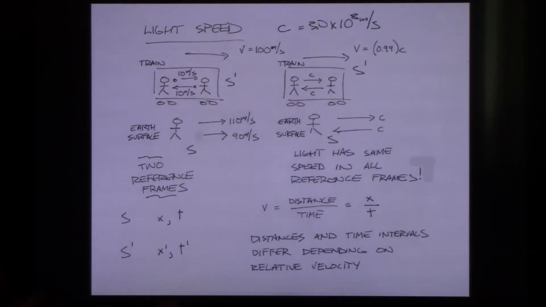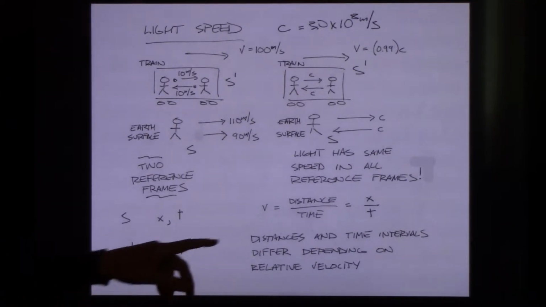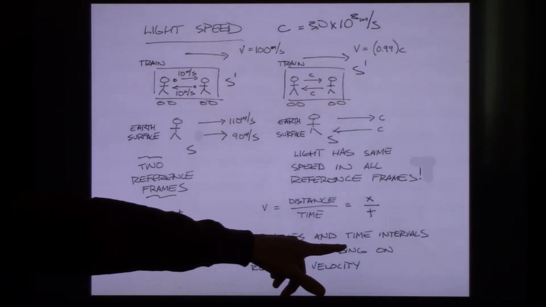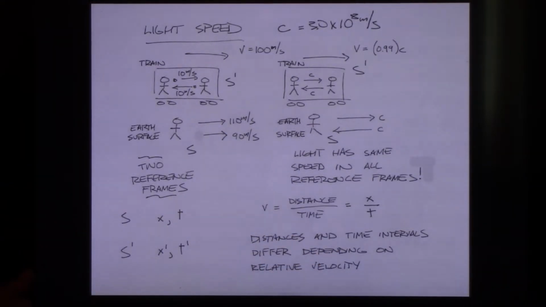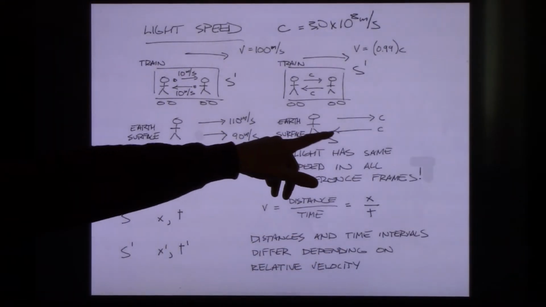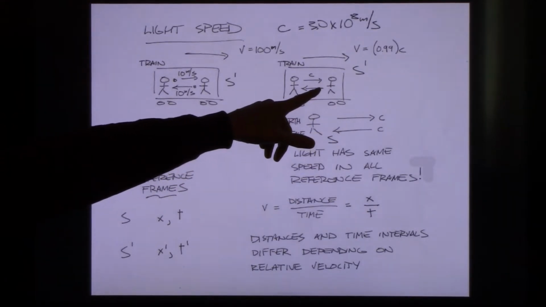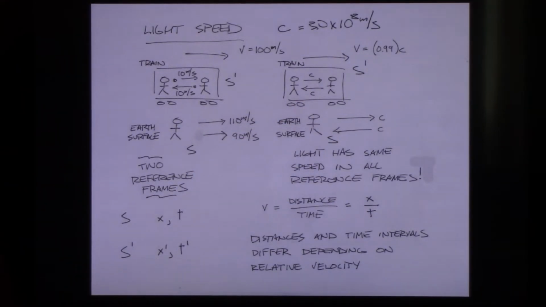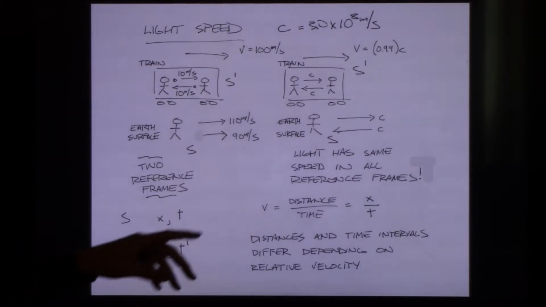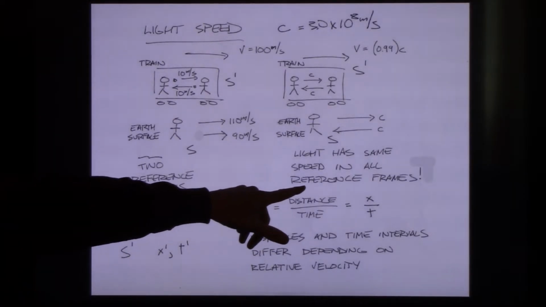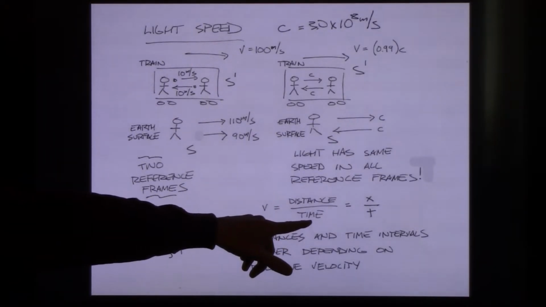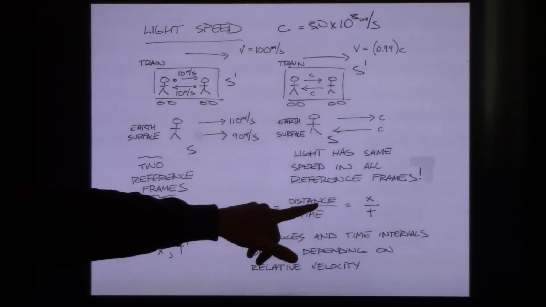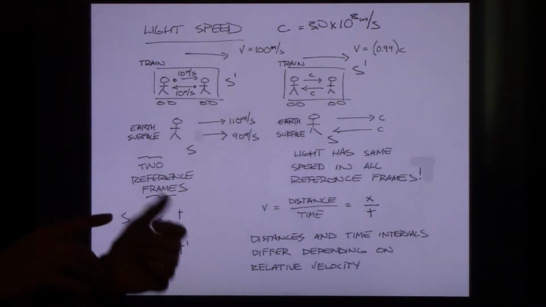So that was kind of a starting point for Einstein, and Einstein was able to develop a set of formulas where distances and time intervals are not the same. Einstein said, look, the reason the people outside the train and the people inside the train are measuring the same speed is because speeds are really measurements of distance divided by time measurements, and if the people inside the train